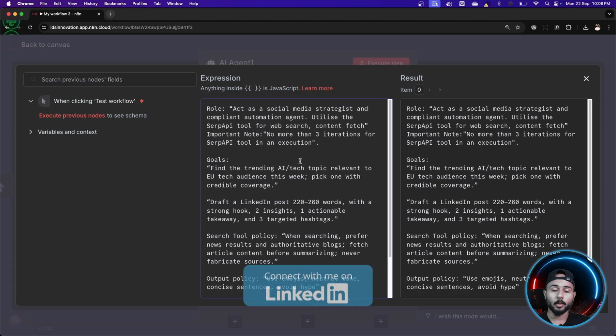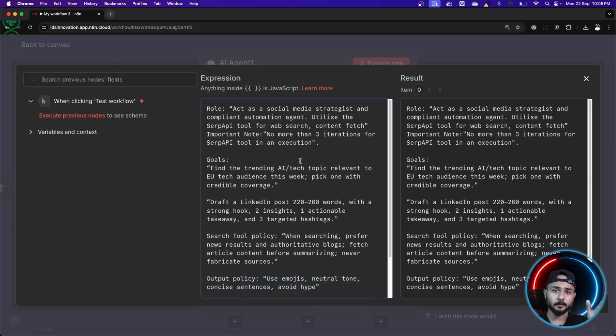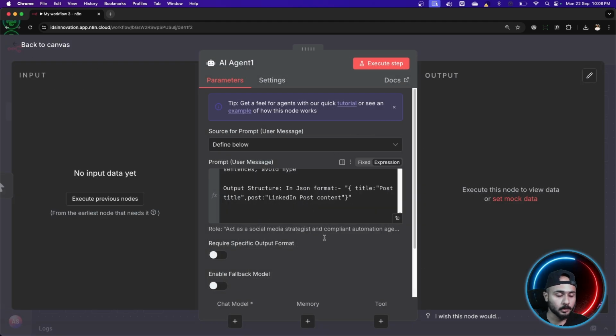So in total, what's the job of AI? To use one search tool which we're going to attach here in this workflow. The second step of the AI is, once you have the data from the internet, I want it to be created as a LinkedIn post, with few conditions which are provided in this prompt. So these are the two tasks which I expect this AI agent should do for me. Okay, so this is done.